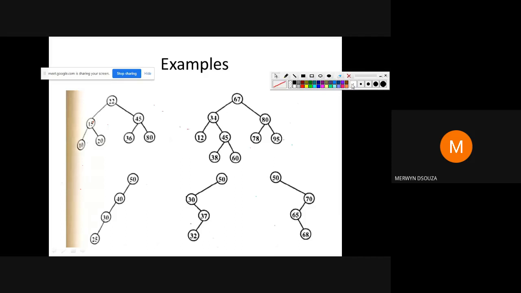Now, one common mistake students make: when I refer to the root node, people only think of the root of the whole tree. When I say root node, I'm referring to the root node of each subtree in your binary search tree. The root node will be the node that I'm referring to at present. Suppose I'm referring to the root node of this subtree, it will be this one.